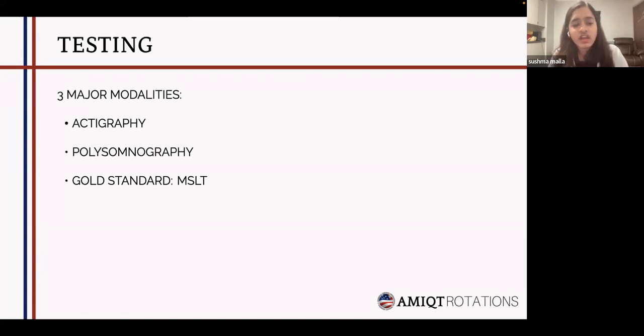And the gold standard for narcolepsy is the MSLT, the multiple sleep latency test. In this case, after the polysomnography, you make the patient take 4 naps in 2 hours with a gap of 2 hours, and you need to get short onset rapid eye movement phases, SOREMs, 2 or more than 2, for it to be diagnosed as narcolepsy.